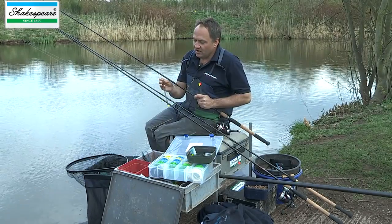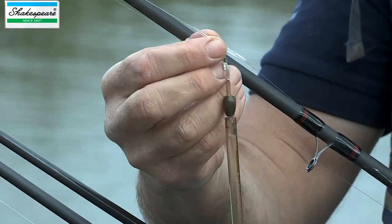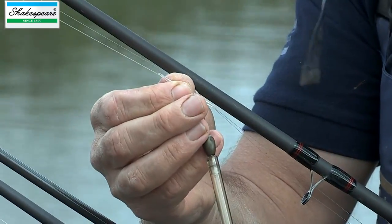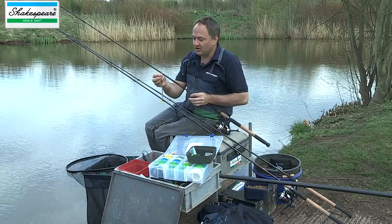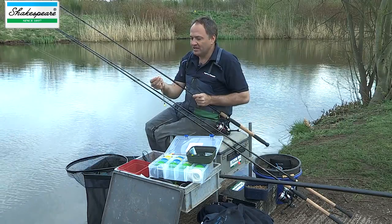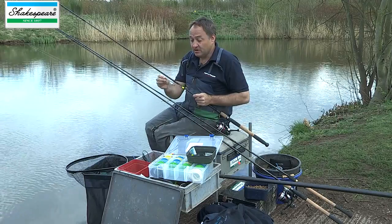As you can see, I've got the waggler attached to a waggler attachment here, which I can adjust very easily, so I can change the depth and move the float up and down without damaging the line. That's a key advantage over using bulk shots like AAAs or SSGs that will be required to cock a float